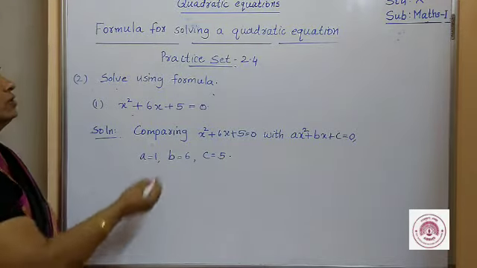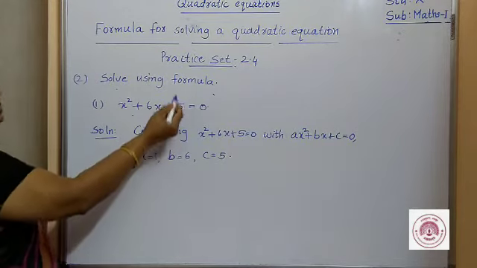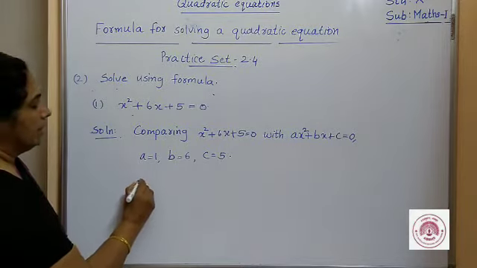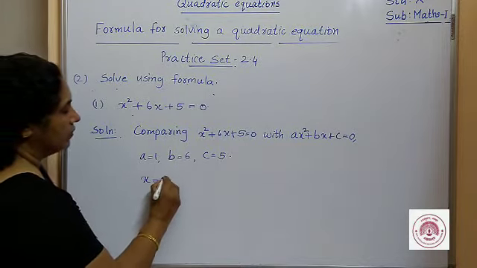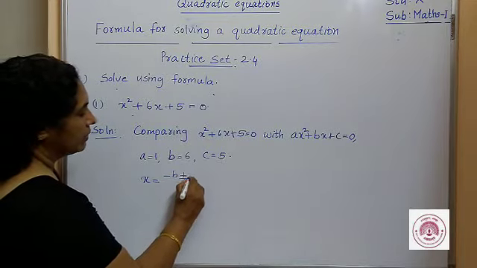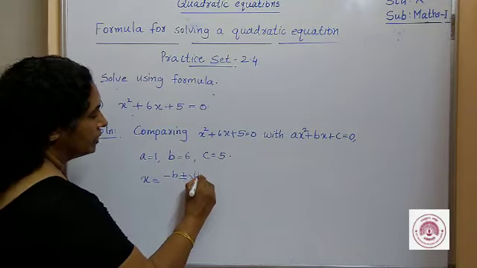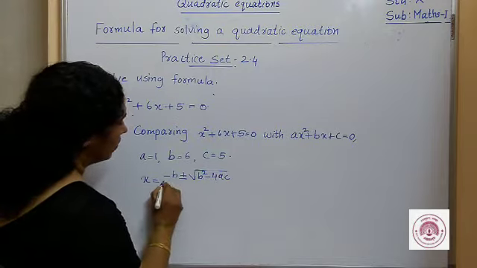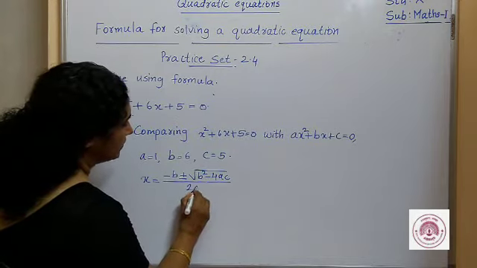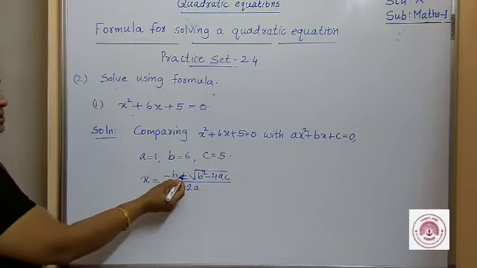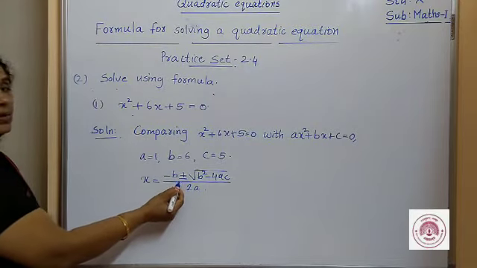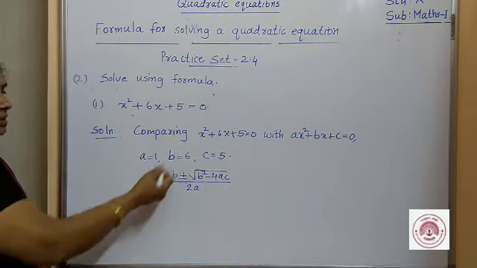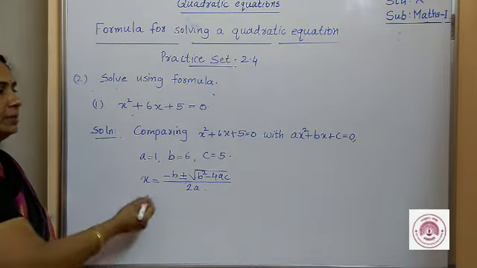So here we have to solve this quadratic equation using the quadratic formula method. So here x is equal to, what is the formula? x is equal to minus b plus or minus root of b square minus 4ac, whole divided by 2a. That is, there are two values. One is when we take this plus, second value when we take the minus. And we denote the values of x as alpha and beta.